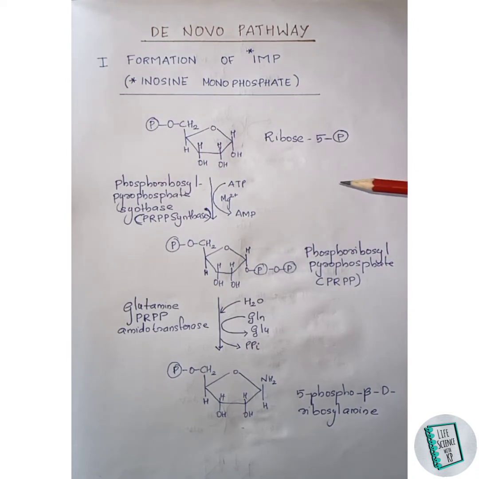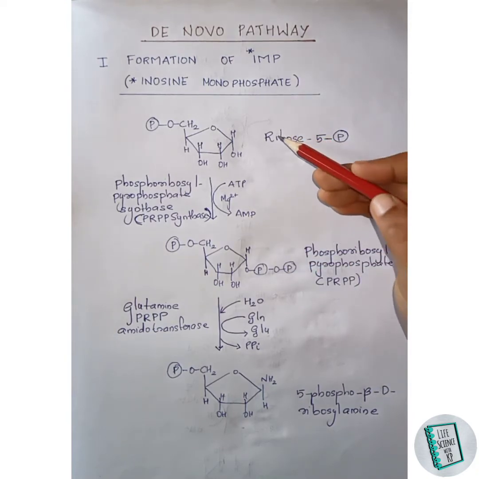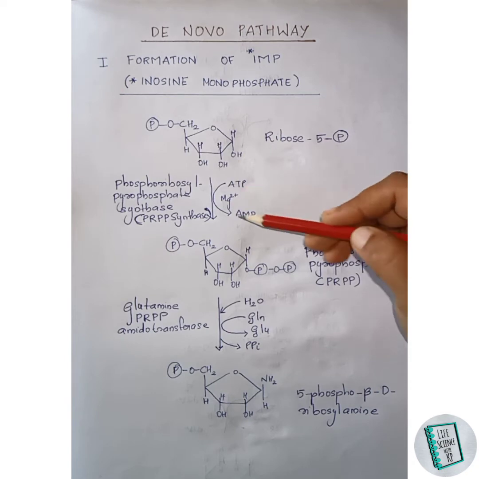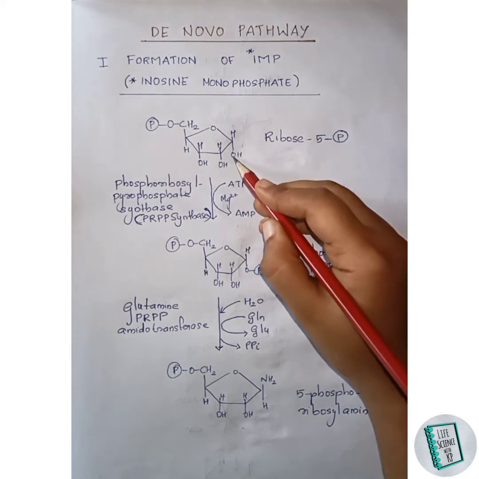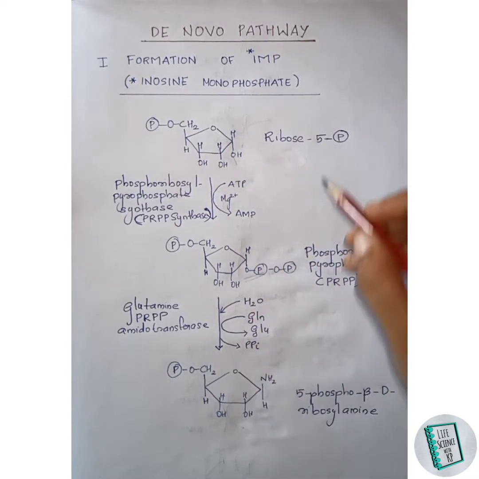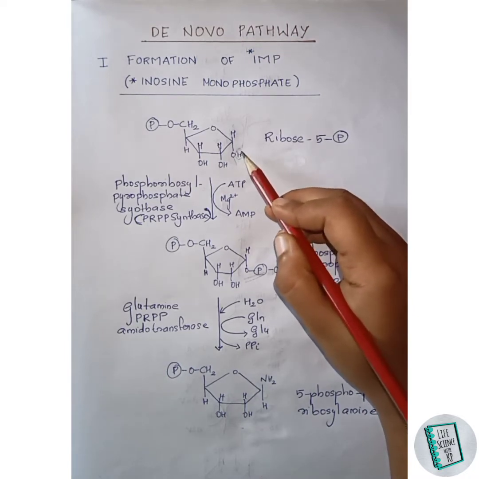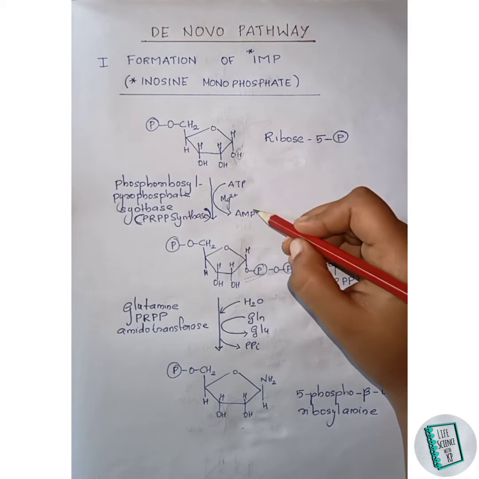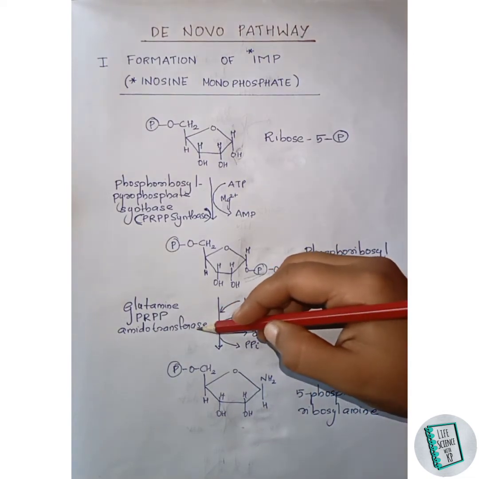What happens here is that this ATP molecule gives its 2-phosphate group to this ribose 5-phosphate and gets converted to AMP. This 2-phosphate of ATP joins with this oxygen and forms this bond here. Now the remaining hydrogen, that is, the hydrogen of this OH group, leaves with AMP. Thus PRPP is formed. This is the first step. In the next step, this PRPP, in the presence of glutamine PRPP amidotransferase, forms